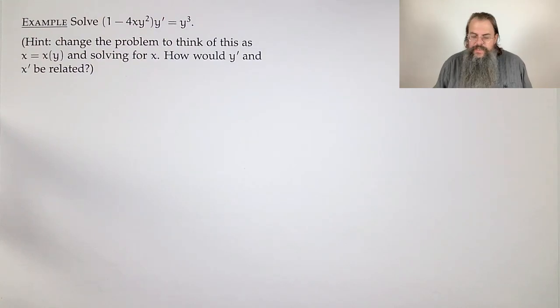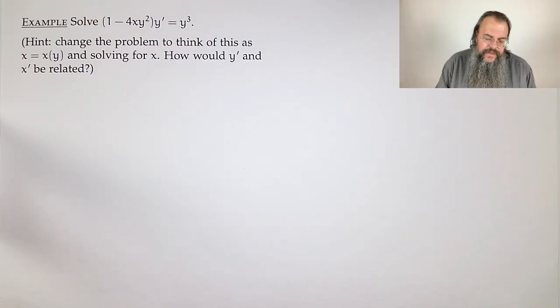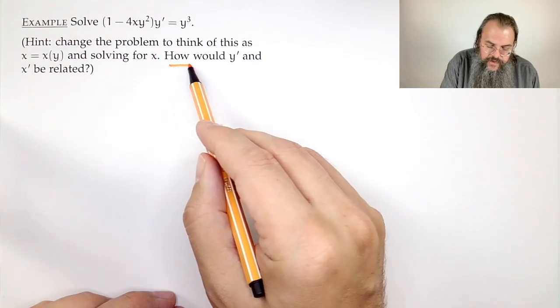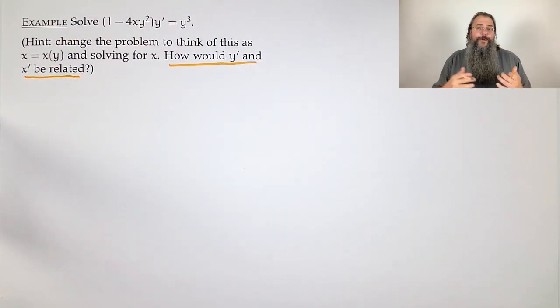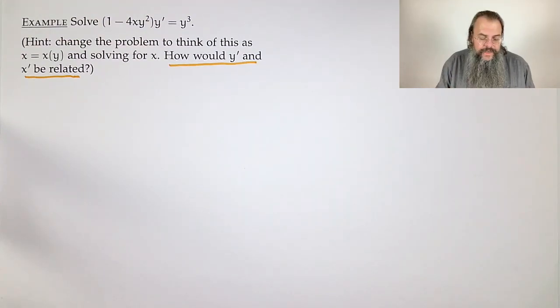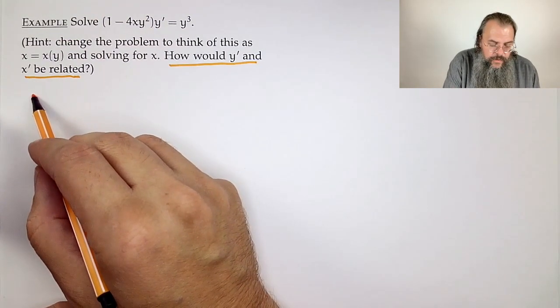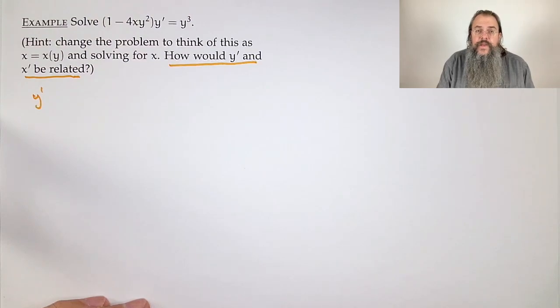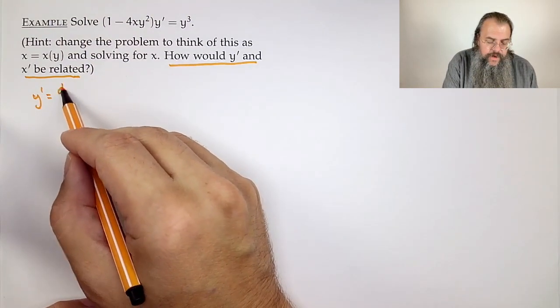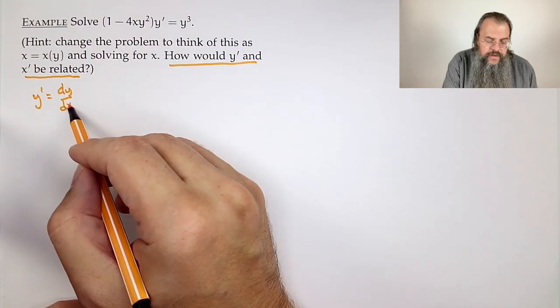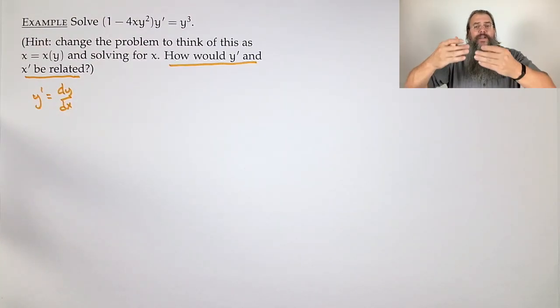So the hint is kind of interesting in that it asks a question in the hint. So we should start by thinking about this particular part. How would y prime and x prime be related? Well, how do we think of y prime? One way to think about y prime is it's the phrase dy over dx, which says, how does y change